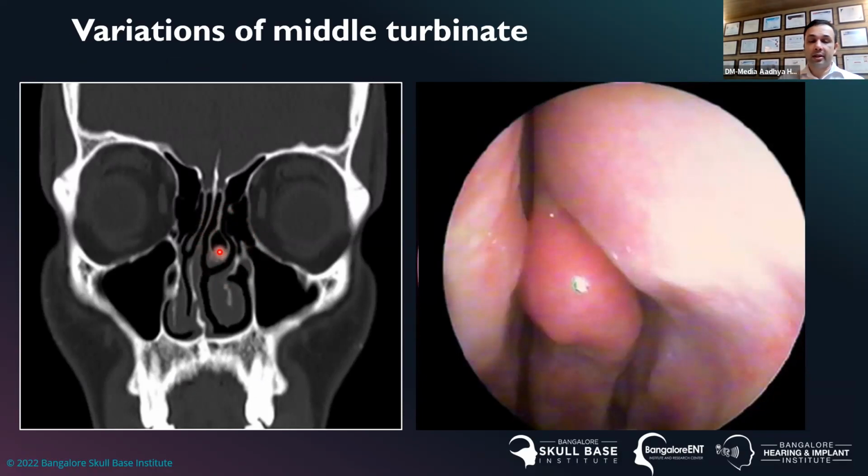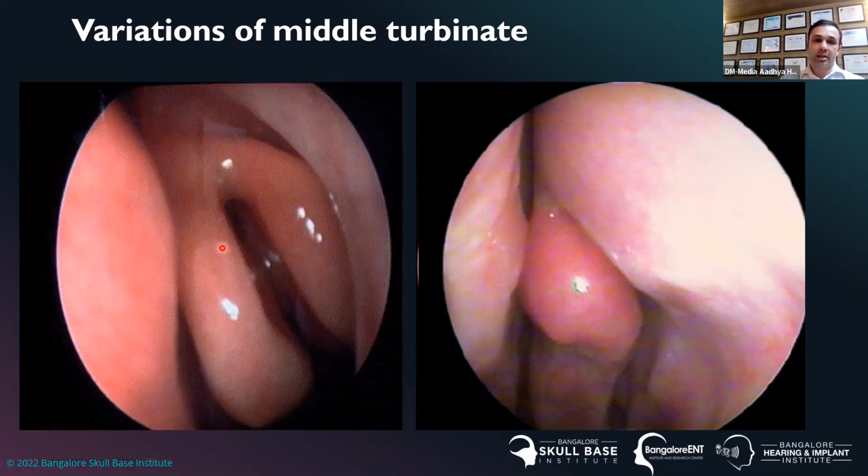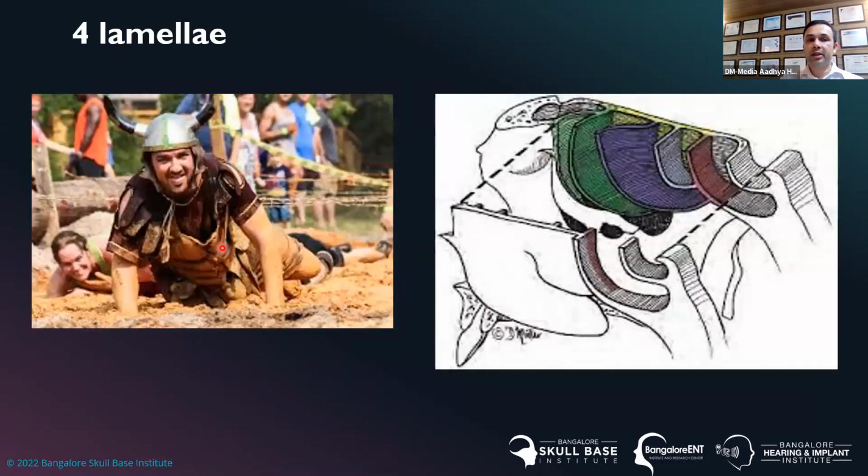You can see one variation right here that is known as the concha bullosa, that is pneumatization of the middle turbinate. There can be appearance of a double turbinate, and so on and so forth, right? There can be a hypoplastic turbinate as well. Okay, so when we do an endoscopic sinus surgery, there are always four lamellae from anterior to posterior, which we